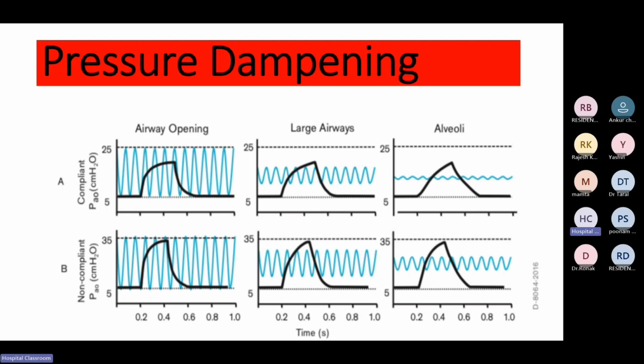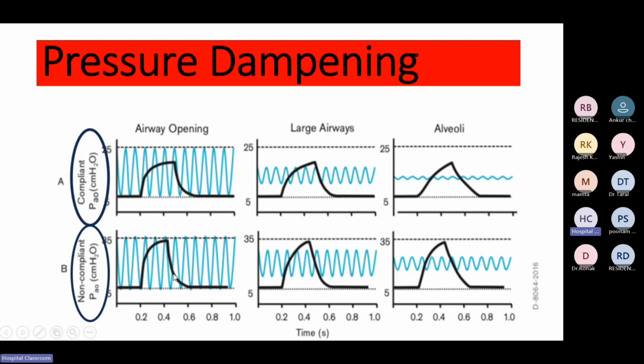Again, one important point in this picture is that there are two graphs. One is for the compliant lungs and one is for the non-compliant lungs. The compliant lung means a normal, healthy term lung. In a term lung, the pressure dampening will be more. So if you have set a pressure of 25, the amplitude that reaches the alveoli will be very less. But if it is a non-compliant lung, meaning your RDS lungs,